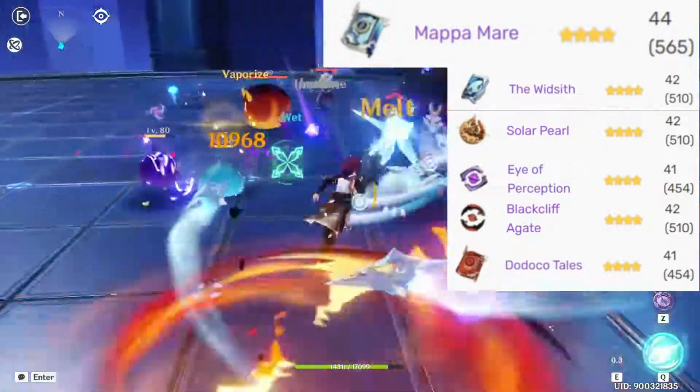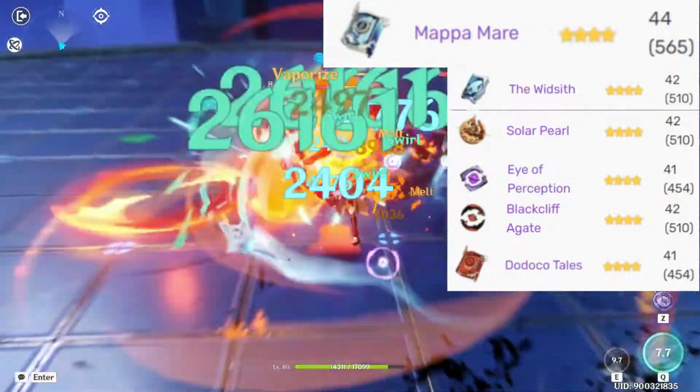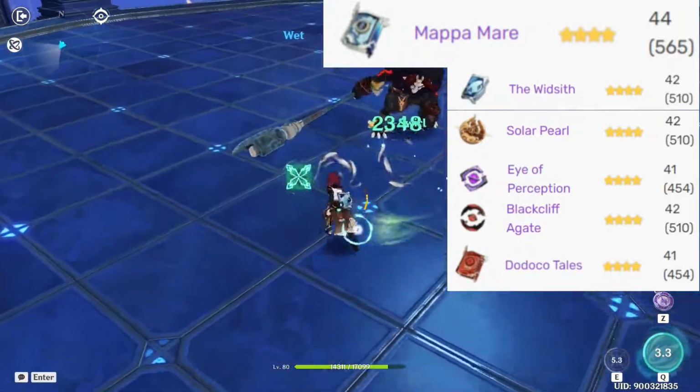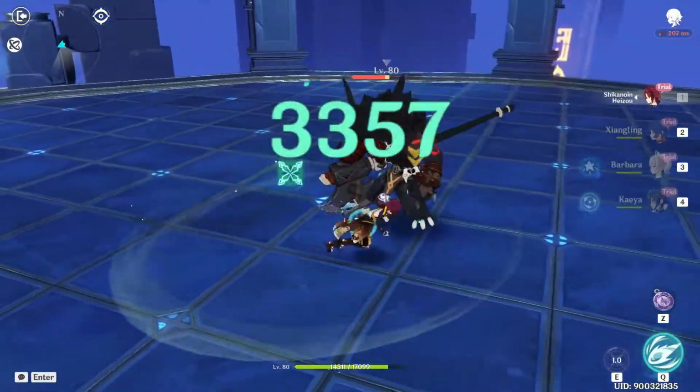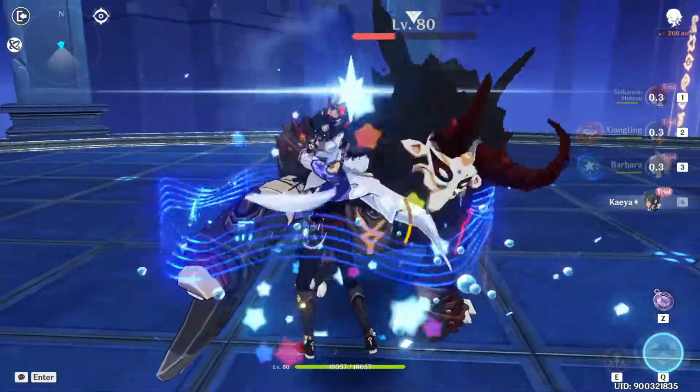Shikanoin Heizou is a very open-to-whatever-weapon-you-have-available kind of character because he doesn't scale with any stats specifically, as well as being Anemo, so it makes elemental mastery even stronger. So whatever you have available, use that. Just not energy recharge. As for artifacts, this one's always a bit contentious on the day of the character's launch,